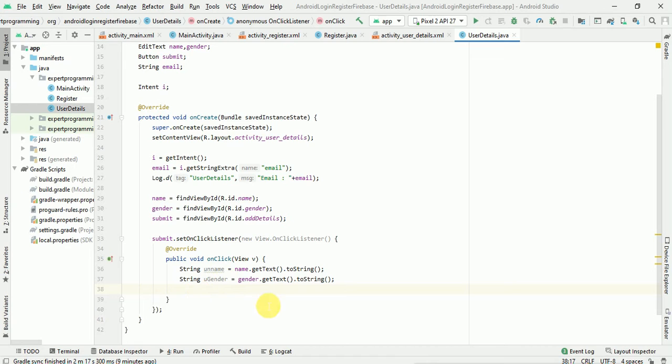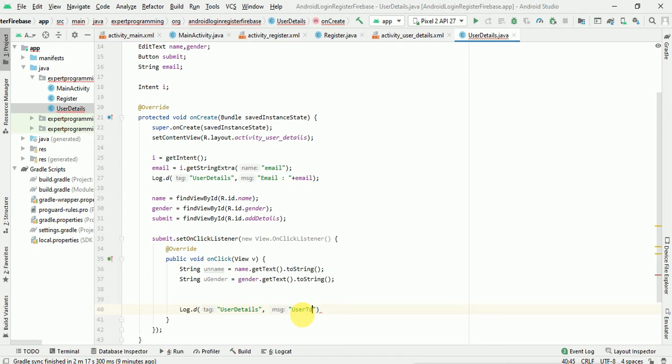Now what we have to do is, let's print all the details. So Log.d, we are already printing this here, so only we'll print the username and password, name and gender.